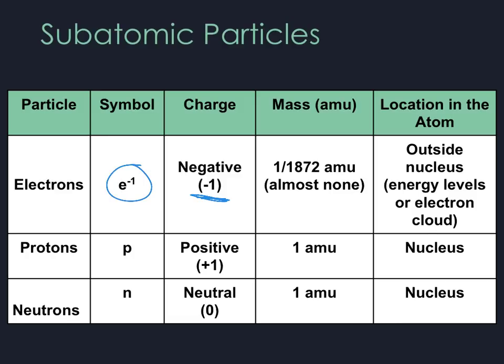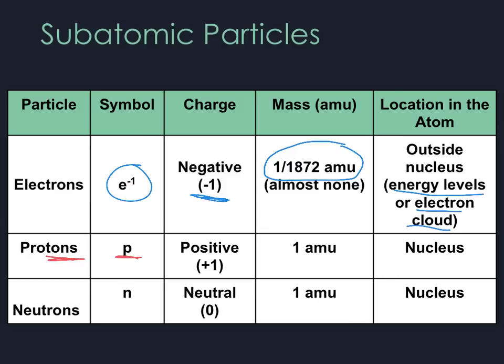We measure mass in something called atomic mass units, AMU, and these have 1 over 1872 AMU. So that's really almost no mass. And these are located outside the nucleus, and we can consider that being in the electron cloud or in energy levels, depending on what type of model we're talking about. Protons, on the other hand,